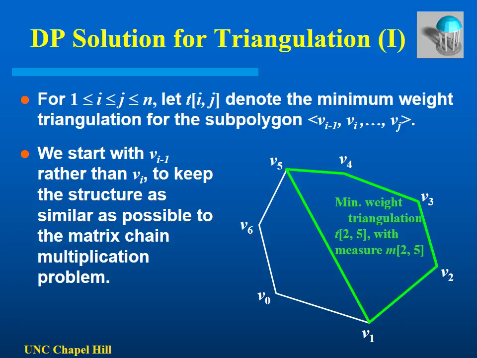But in order to keep the structure of this problem as similar to the matrix chain multiplication problem, we'll refer to a polygon that goes from 0 to n with the subscripts 0 plus 1, that is to say 1 to n, and in general we'll refer to a subpolygon